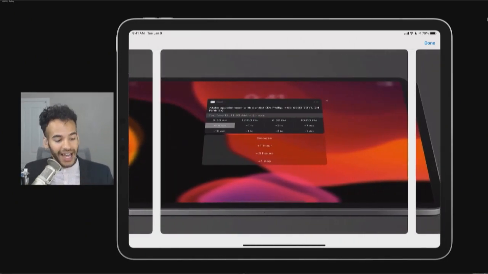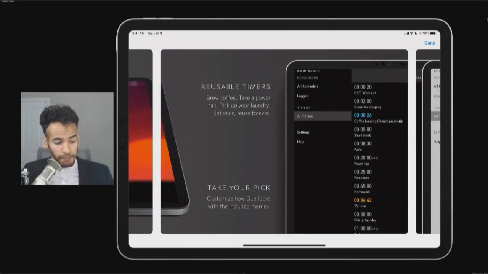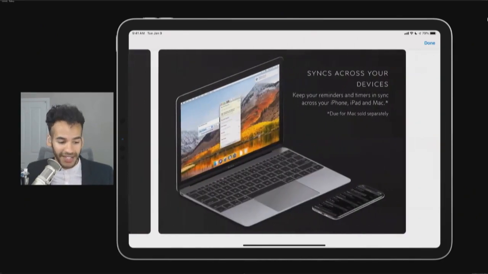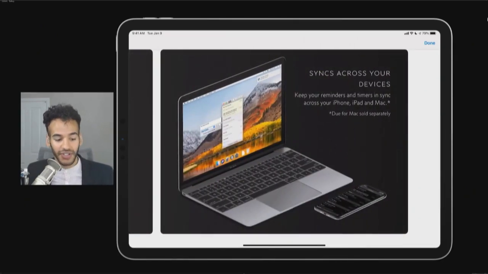And then my last and most important favorite thing about it is that it works across all of my systems. There's the iPad app, the iOS app, and Do has had a Mac app for a while, but they just updated it not too long ago. And so now I have my nagging on all of my systems, and it syncs across all those devices, and it syncs in a way that is immediate.